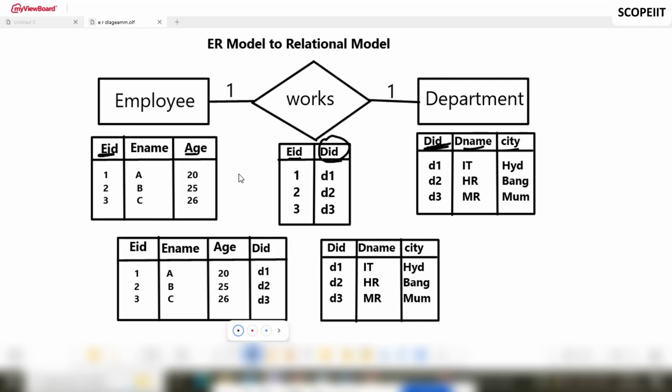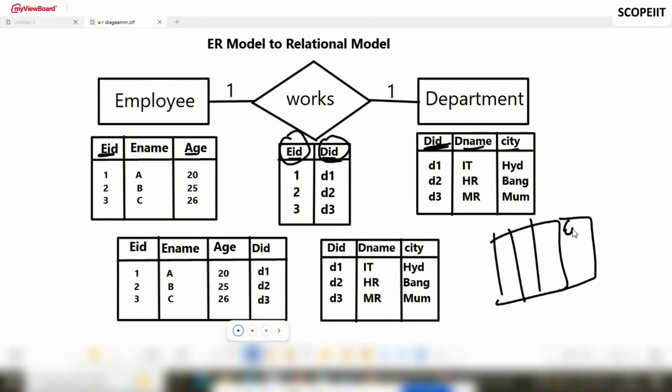So now our three tables are divided into two tables, or you can say merged into two tables. As I said, I took DID as the primary key, so DID will go on the left hand side. The remaining table is the same: employee ID, employee name and age, but DID I have added on the left hand side because I made DID the primary key, and the department table will be as it is. Now, if I make EID the primary key, then what will happen? Nothing special. First, we draw the department table, and with the department table only one column will be added, that is EID. That is also possible.